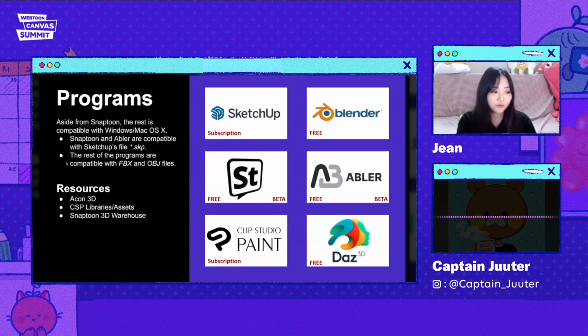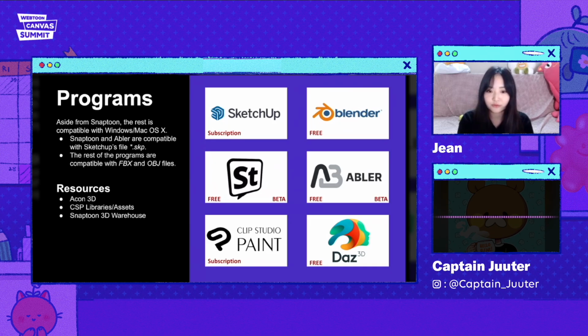And in Daz 3D, you could create 3D models based on your characters. They have default 3D models you could choose from to customize. It offers more customization compared to Clip Studio's default 3D models, but the workflow is not as straightforward, so you would have to take it into another program to add rigs before bringing it into Clip Studio to have it ready for posing. So it's helpful if you have a unique character, but I personally find it easier to use